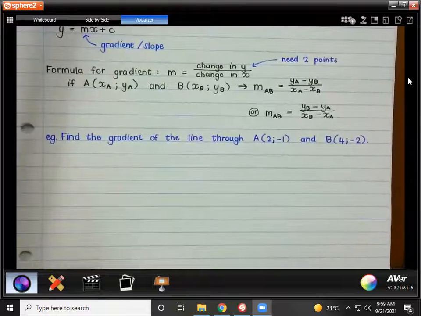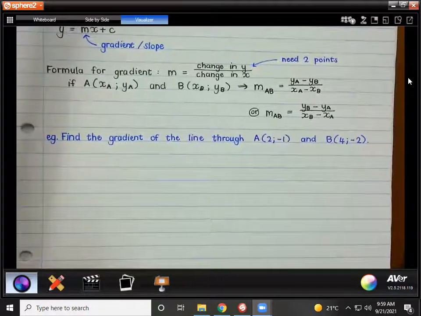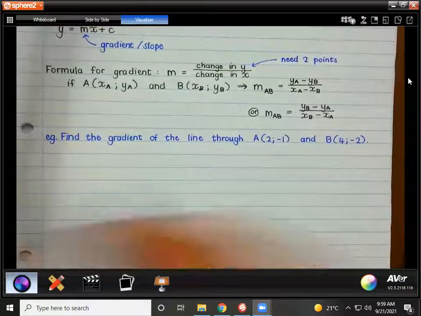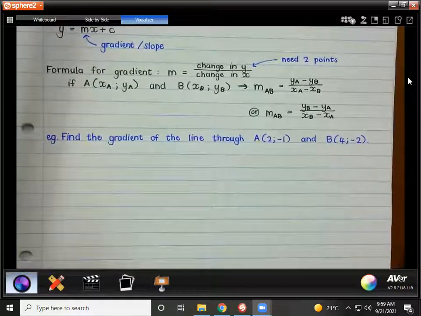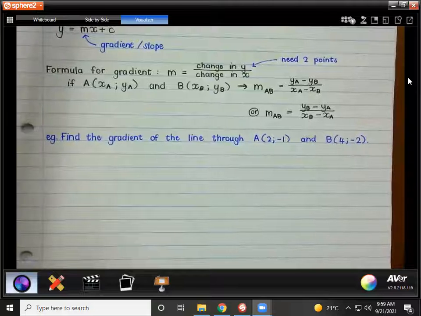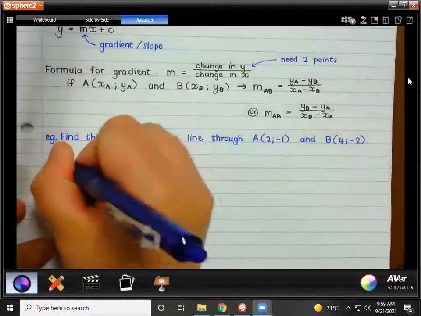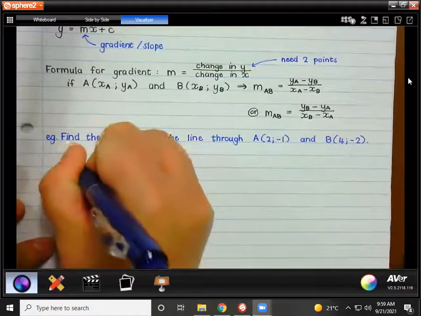Now, guys, they've given us 2 points here. We can decide, do we want to work with A minus B, or do we want to work with B minus A? I'm going to write down both of them so that we can see that we get the same answer, regardless of which one we start with. But when you're doing this in a test or exam, you will have to choose. Which one do I want to start with? Let's start with A, or let's start with B. So we are all hopefully going to write down both options now, but in a test or exam, you only have to do one. Okay, so let's say the gradient of AB